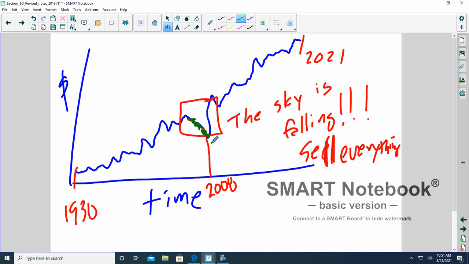So let's say that drops down to 20 per share, but here it jumps up to 80 per share. So this billionaire took millions upon millions and put it in and bought it at 20 a share, and now it's worth 80 a share. And that billionaire became even a bigger billionaire